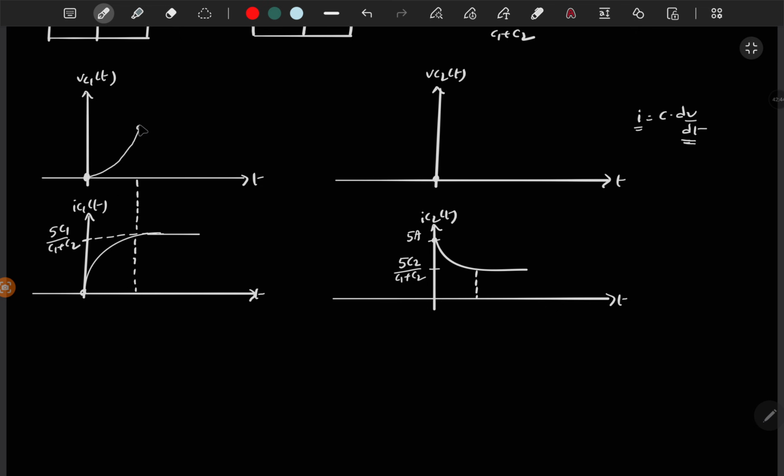So till this point, the capacitor will charge like this, and after this the charging of the capacitor should be linear, and this magnitude is nothing but dV by dt, right? Which is nothing but I by C, since I is constant and C is C1 here, so this slope should be 5 by C1 plus C2. And similarly here,